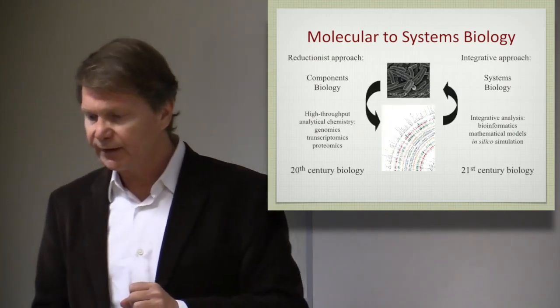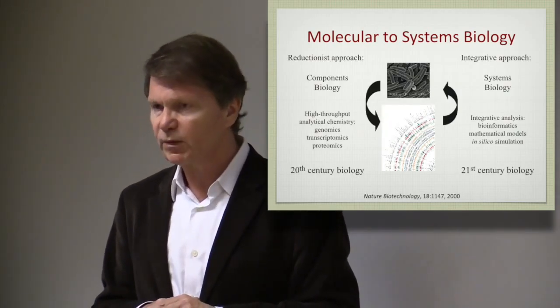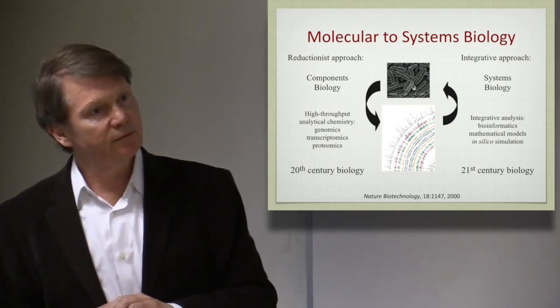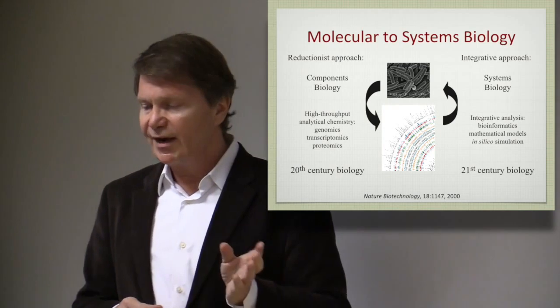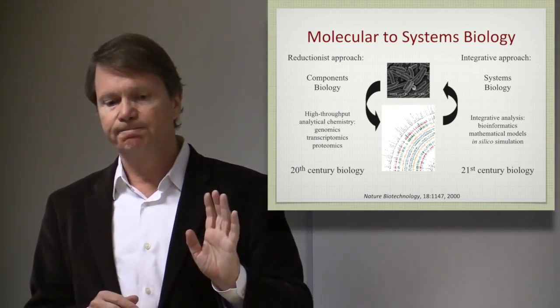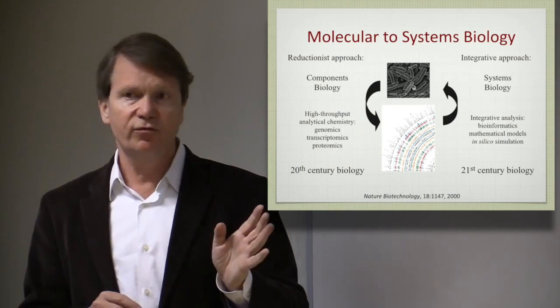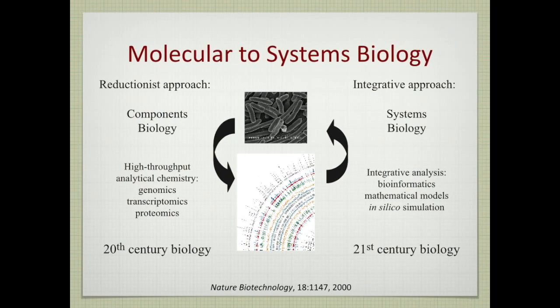There are many more, but there are a few concepts that I picked out and put into chapter 1, and I'd like to describe briefly now. So on the left hand of this diagram is what used to be the driving force in molecular biology, biochemistry, and that was to find components in cells, isolate them, and characterize them. You could maybe delete them from the genome of a cell if you were lucky, or get a genetic variant to try to ascertain the in vivo function. But by and large, most of this information was obtained ex vivo. You would rip a cell apart, isolate the component, and study it biochemically, publish some nice papers.